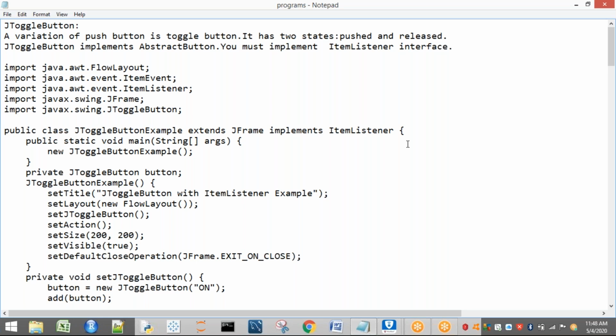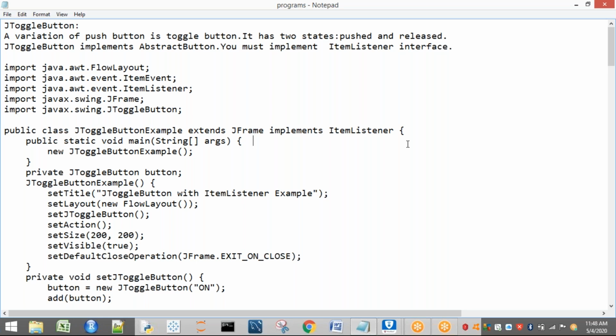Item event. Already you know, if an item event is generated, who is going to handle it? ItemListener. Which method is going to be overridden or implemented? That is itemStateChanged. Already we have seen these concepts in our AWT components also. Okay, right. Now let us see the example for this one.